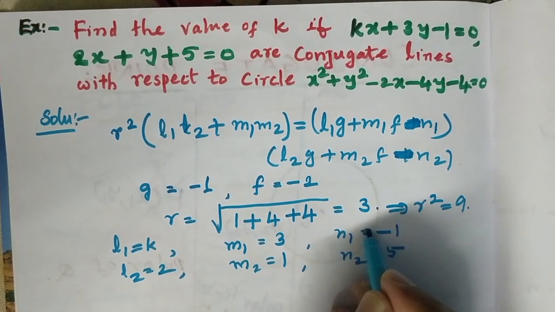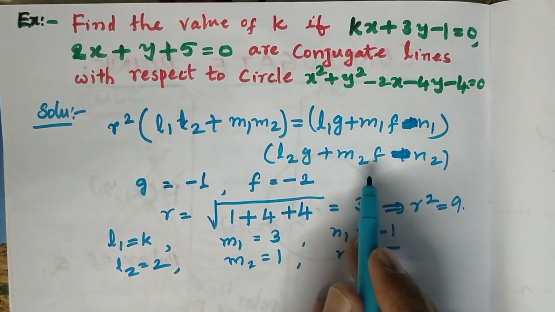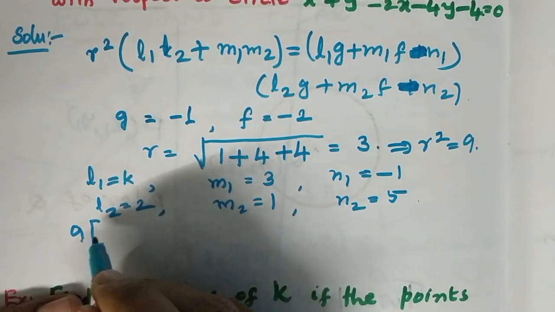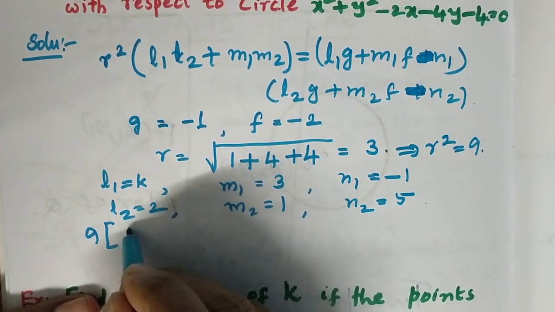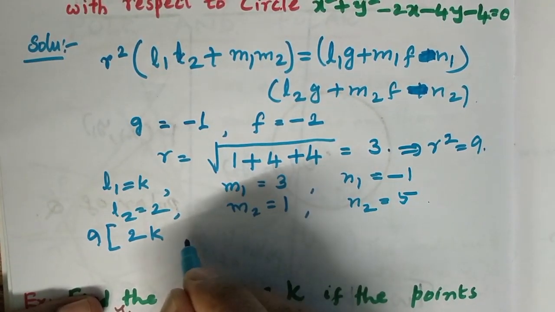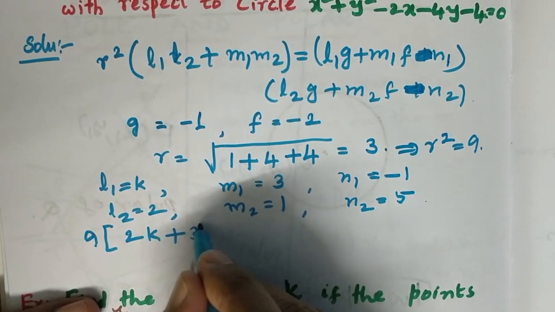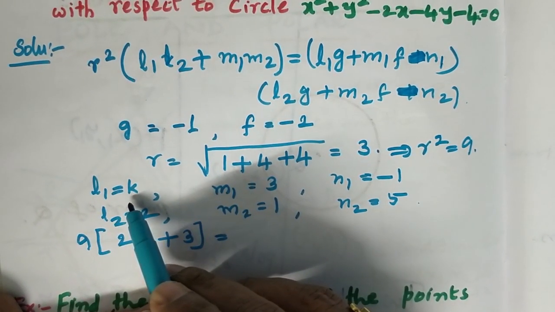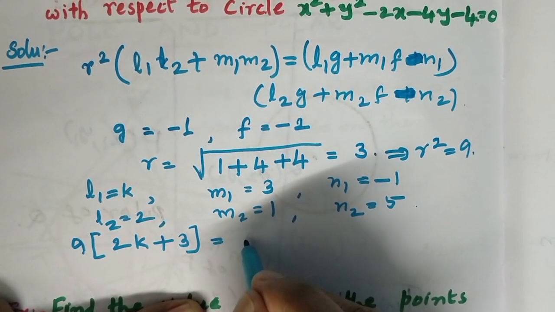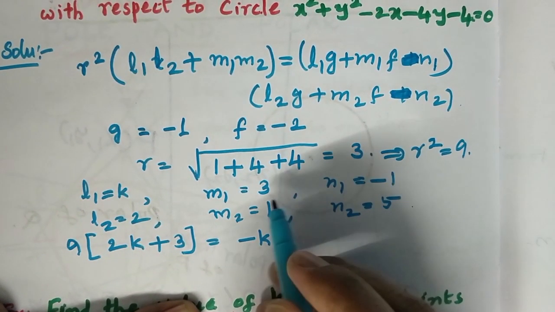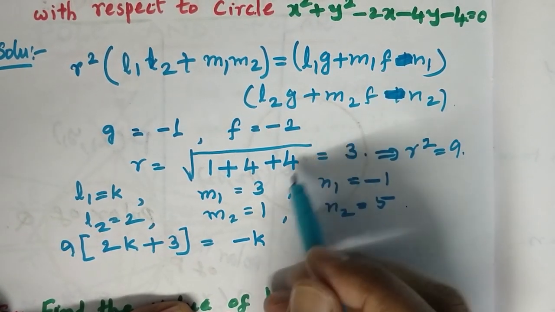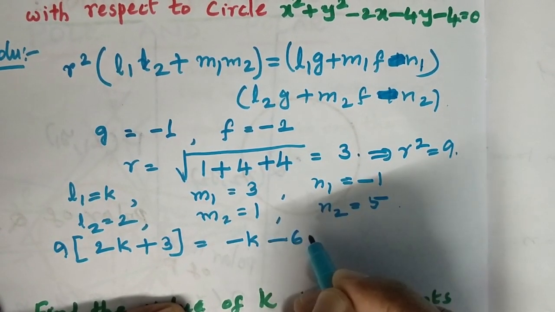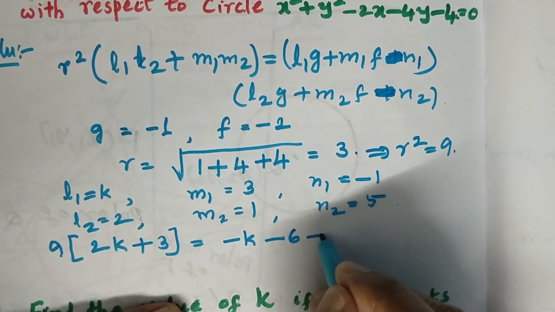These values you can substitute and verify. So r square is 9 into L1 L2, that is 2k, plus M1 M2, 3 into 1, is equal to L1 into g. L1 is k into g is minus 1, that is minus k. Next M1 f, M1 is 3 and f is minus 2, that is minus 6, minus N1, minus of minus, this is plus 1, into